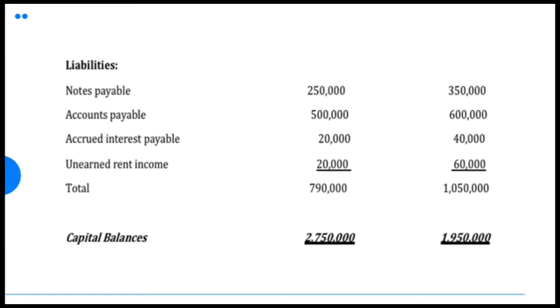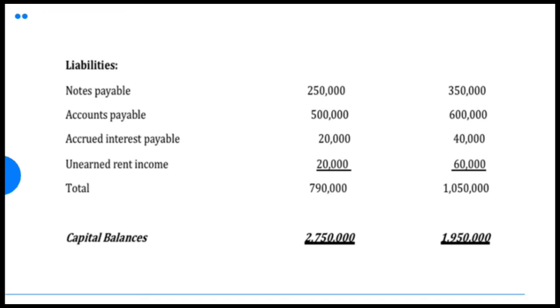So, kapag kinompute natin to, ang ating capital balance is 2,750,000 pesos. So, makikita nyo naman yung breakdown dito nung January 1. I won't explain na lang din para mas mapabilis tayo, pero same process lang siya. And the capital balance ng January 1 is